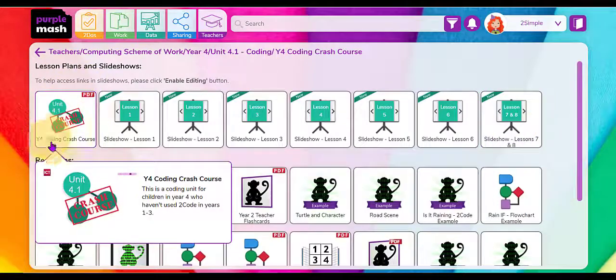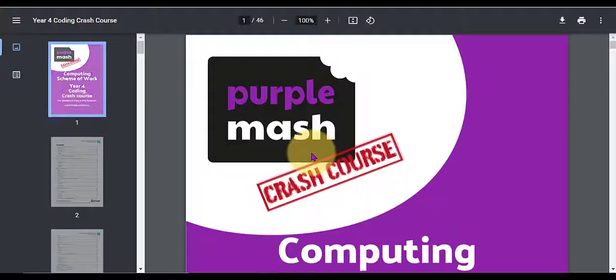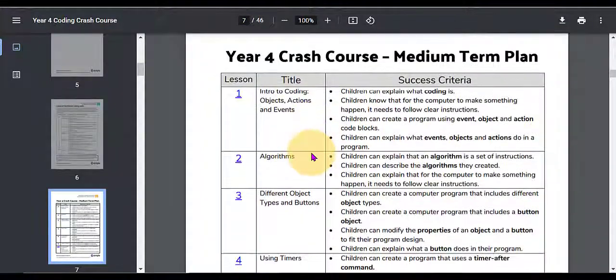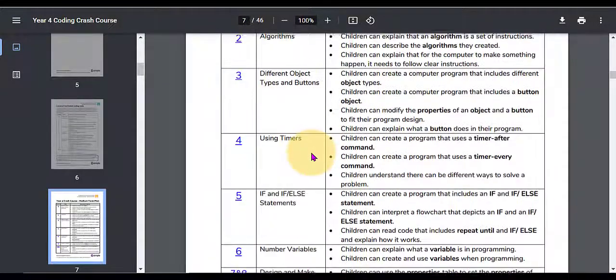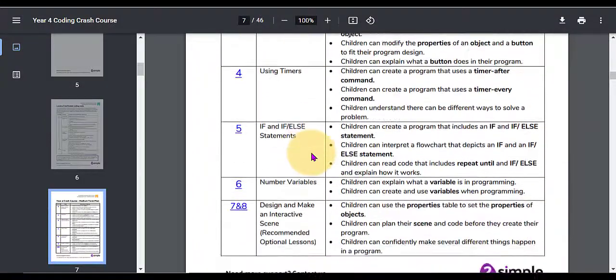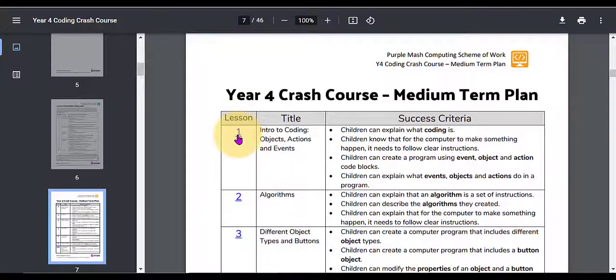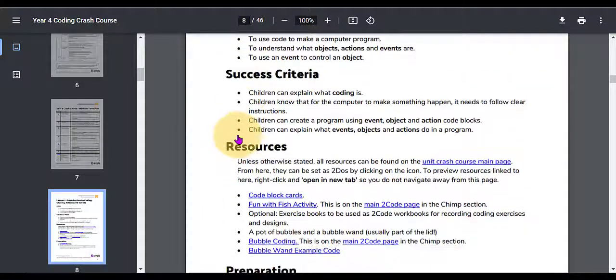This is the coding crash course, which if I click on that, it has all the lesson plans, the overview. If I scroll down here, you'll see the 8 lessons. There are 6 main lessons and then 2 additional recommended optional lessons that you could use with your children. Now I'm going to click on lesson number 1 and scroll down here and look at the aims, success criteria,